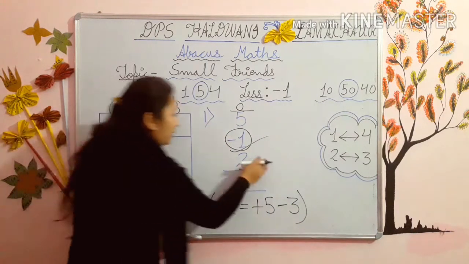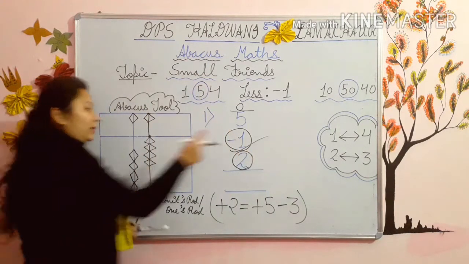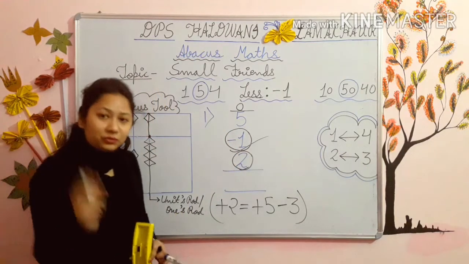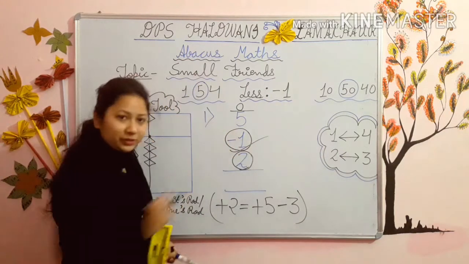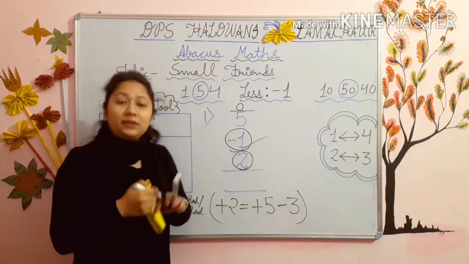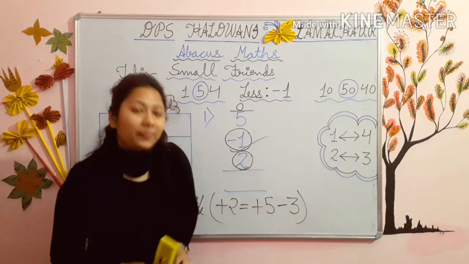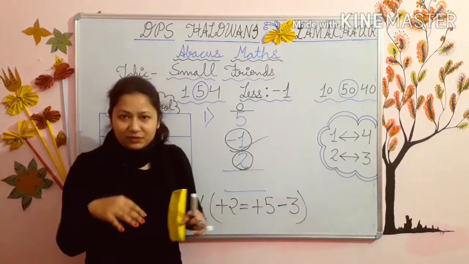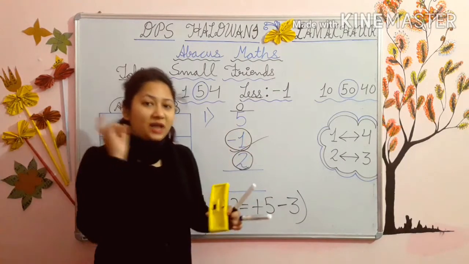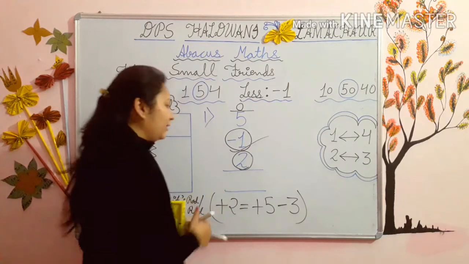See kids, in this sum you are doing add also and you are doing subtract also. Means first of all you have used the small friends for subtraction. Now you are using small friends for addition. Yes, means the old ones are also coming in the sums again. See, add 2 you have done in the previous videos and it is again coming in this sum. So you just have to keep it in your mind. Yes, you have to learn it.